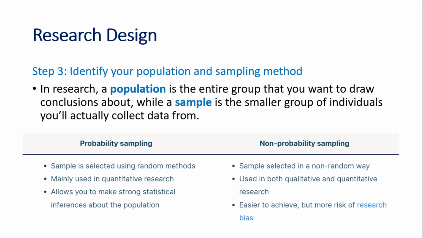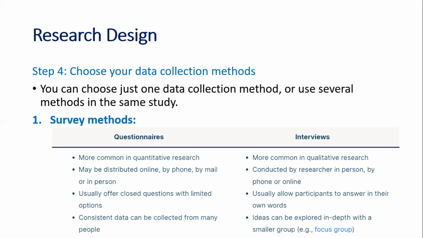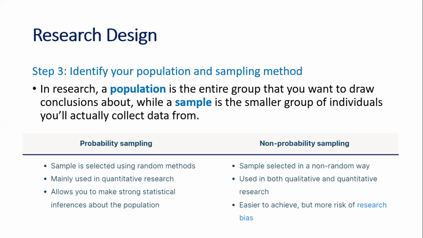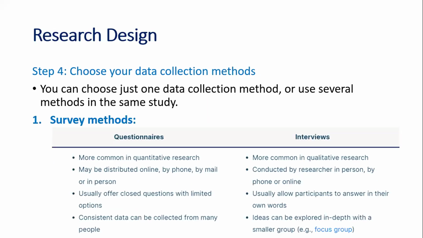leads you to other samples with the passage of time. So the next thing, when you identify your population and sampling methods, then you choose data collection methods. And this is very important. You should decide this carefully, and it should be decided in step number